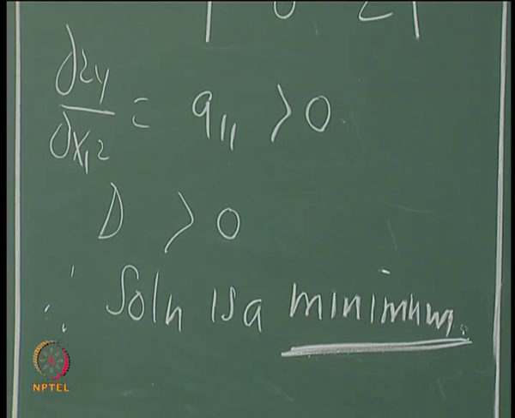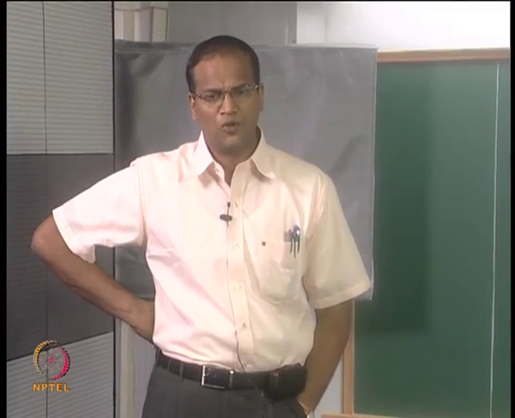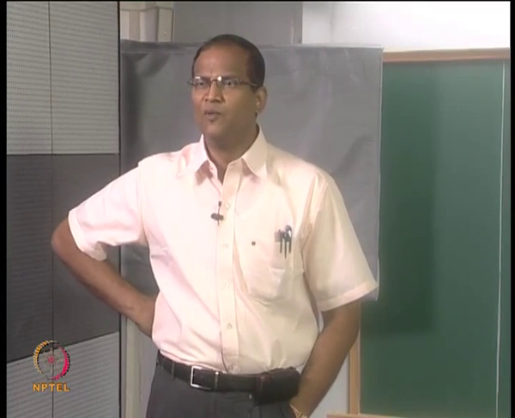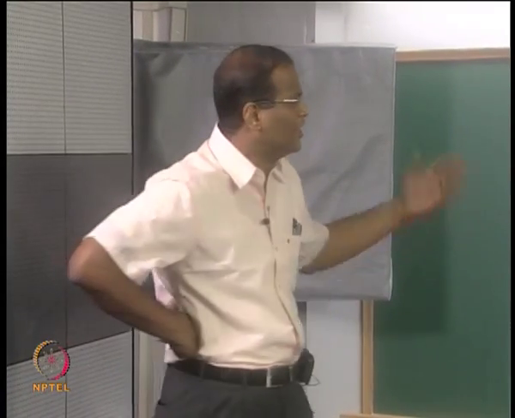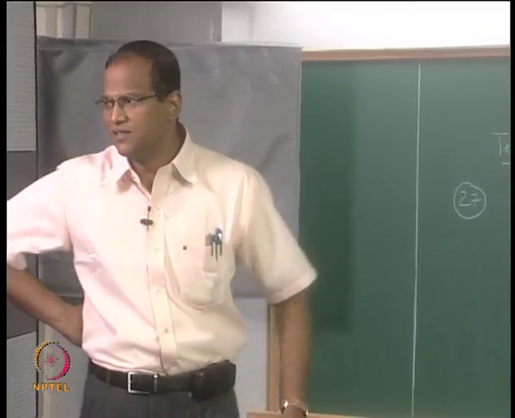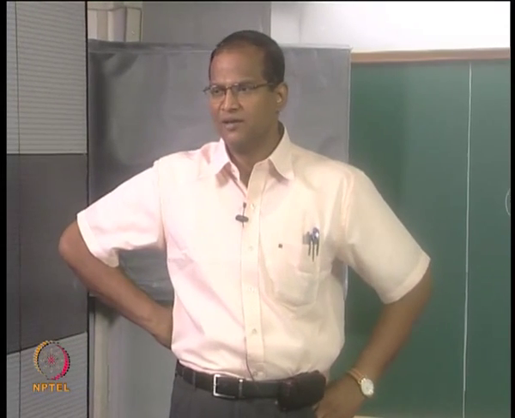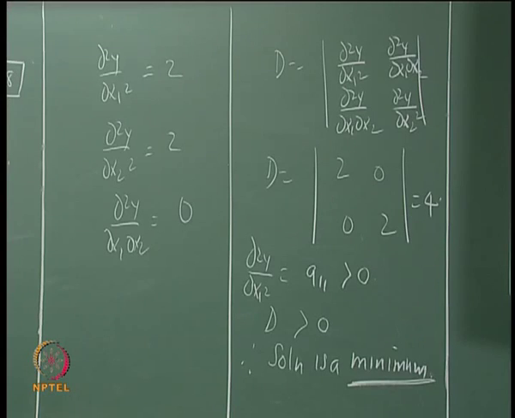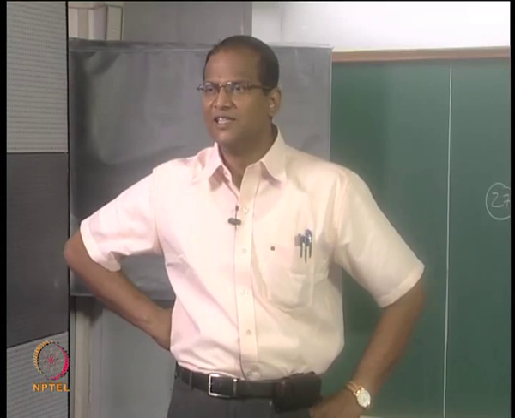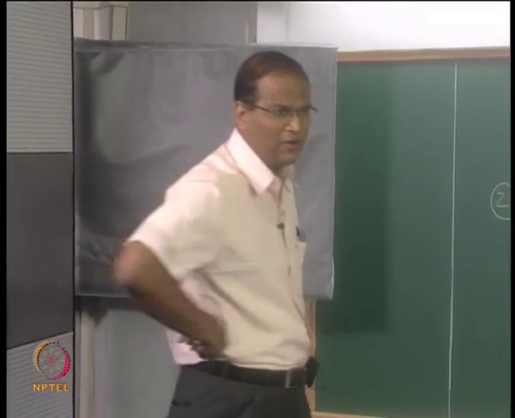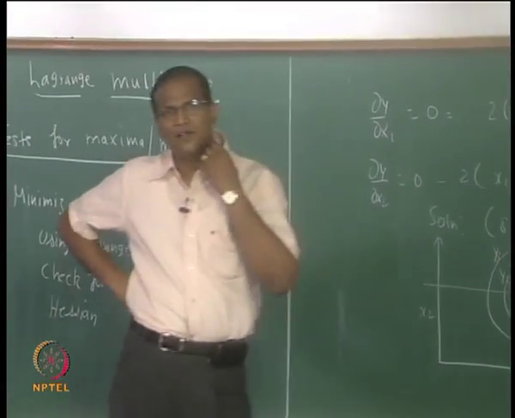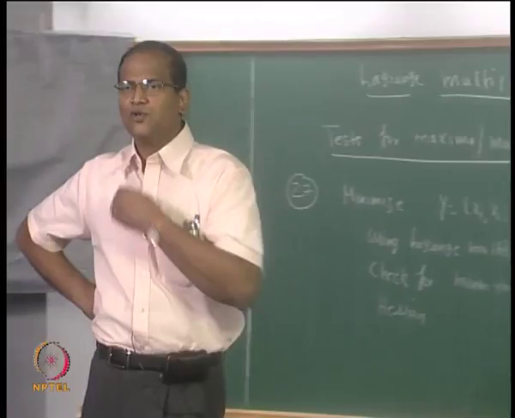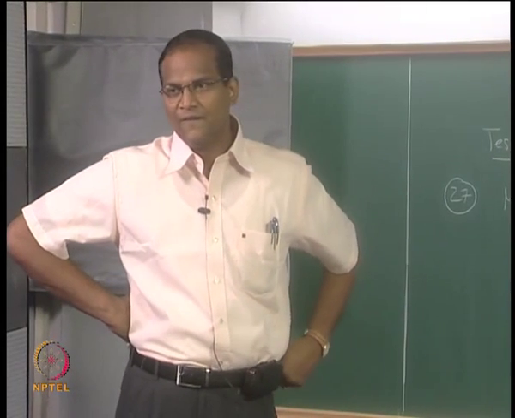See, for many problems the minimum is not so obvious because there are far too many variables, you do not know how it is behaving. Therefore, it is good for us to have a condition like this which is very rigorous, mathematical and systematic. Only thing is, if you have more variables, getting the determinant of the Hessian is going to be extremely painful. Okay, but there is no other way. Is it so hopeless?